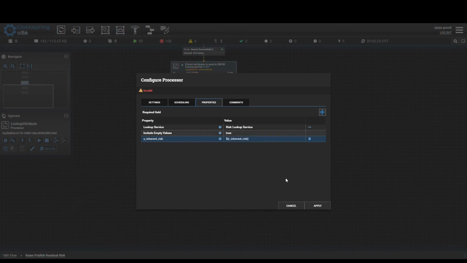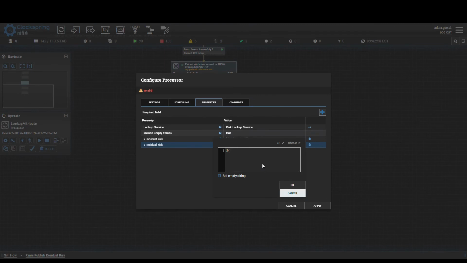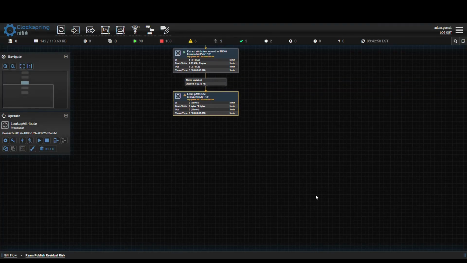Now we need to do the same thing for the residual risk. The property is going to be U_residual risk, and then we'll map that to the R_residual risk attribute, which we pulled out previously. Now we've got all the data that we need in the right format, so it's time to